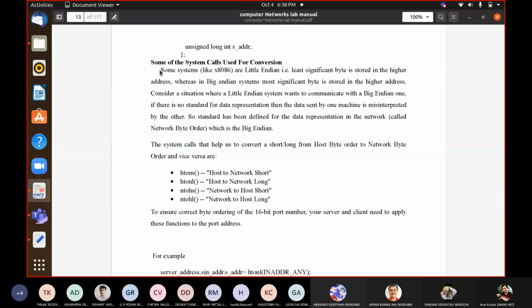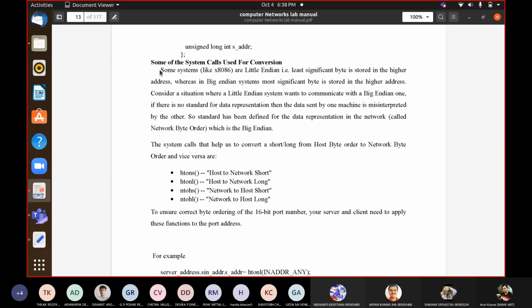Now what is network byte order? Network byte order is exactly like big endian. So we are renaming big endian, with respect to the network, as network byte order. If you are using a big endian machine, then you don't have to convert it into network byte order, because whatever your configuration is, it is exactly the same.